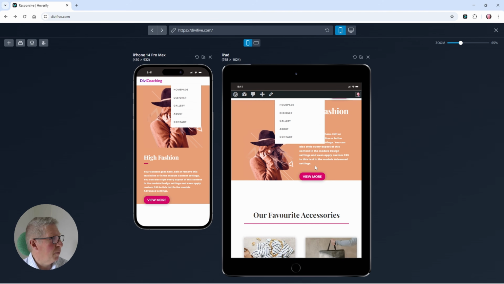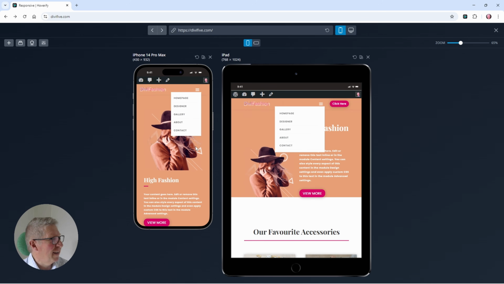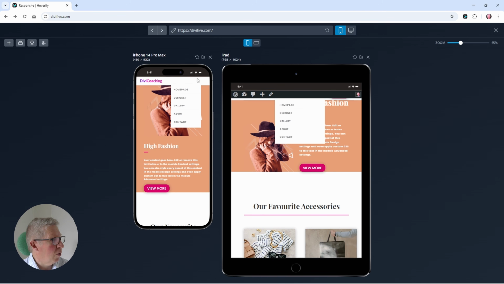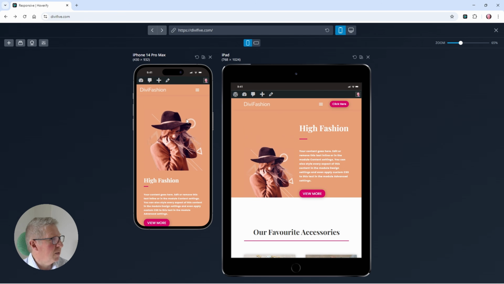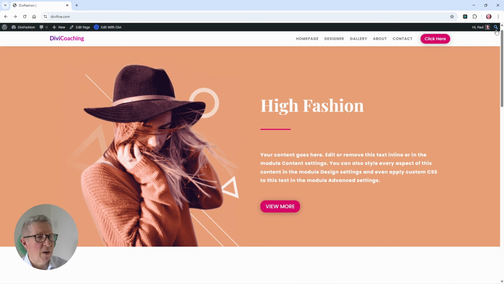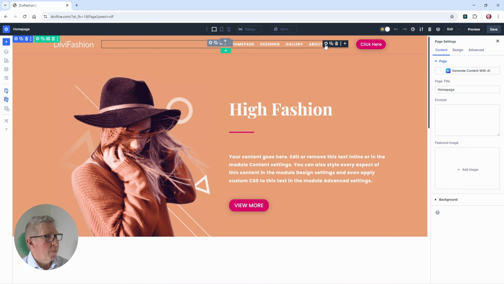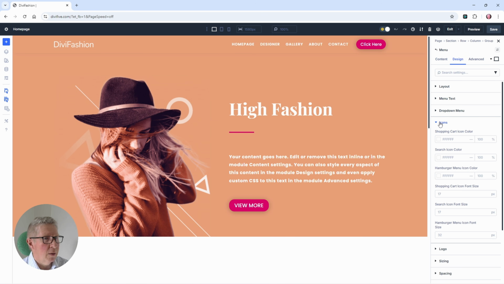And then to check what happens on scroll, one more change we've got to make. On scroll, we're not changing the color of our drop-down hamburger. So our hamburger is staying white. So we need to just fix that. Honestly, this really is the final fix. You can see how tricky it is and why so many people leave it out or leave it till the end. So we're going to edit with Divi, back into our menu design, back into our icons,